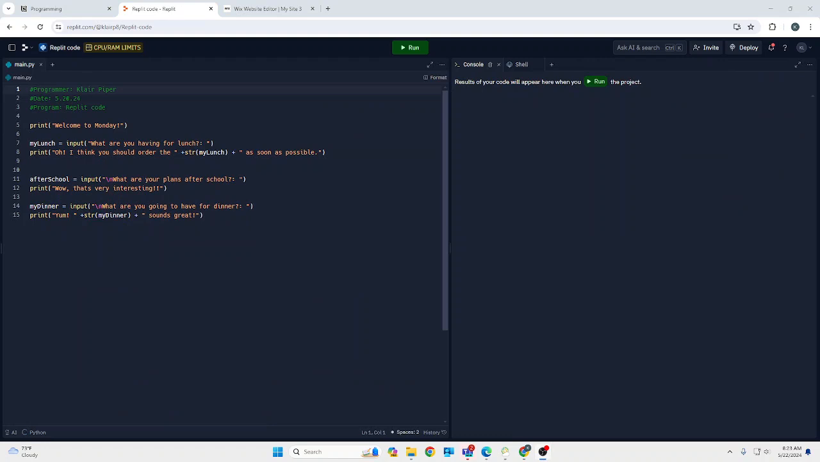Since we did a whole bunch of research with REPL and the codes, I decided to make my own. So I started with adding the hashtag programmer, date, and program so I could label my first REPL. And then I added a print function that says welcome to Monday. And then I had an input, what are you having for lunch? And when they reply, it also has a print function replying. So when they say what they're having for lunch, there's a string attached to it that'll reply to them. So then it's the same thing for the rest too. So when I say what am I having for lunch, I'll say pizza, and it replies by saying the pizza